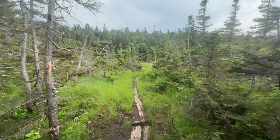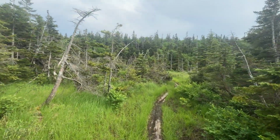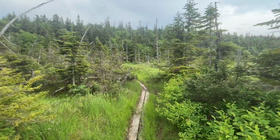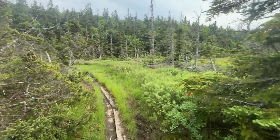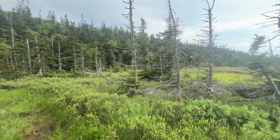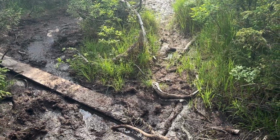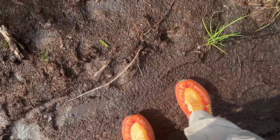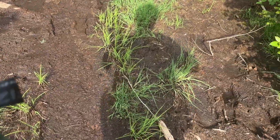All right, we got some of these muddy boardwalks, which people are saying don't step on the edges of them because it's deep. Take a peek here, see if there's any moose. Get a better view. All right, we've got invisible bog boards. Feet are still clean, but you gotta kind of